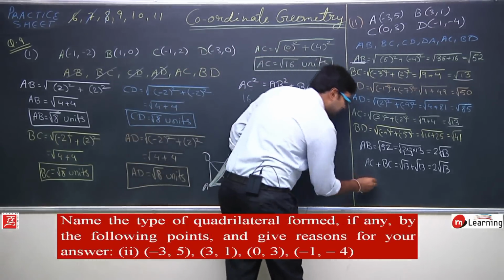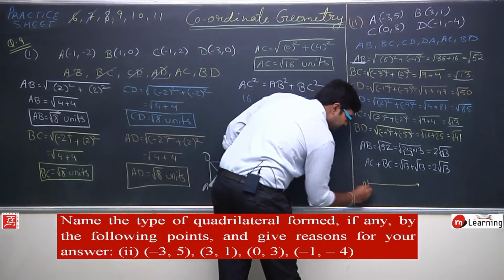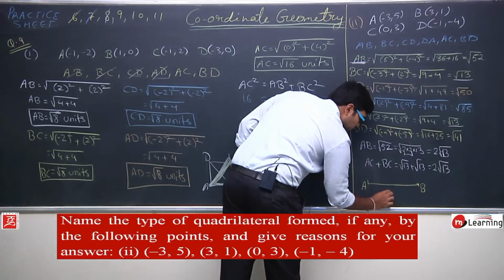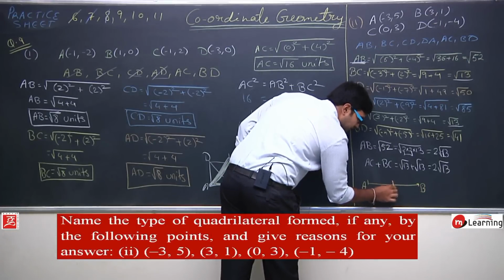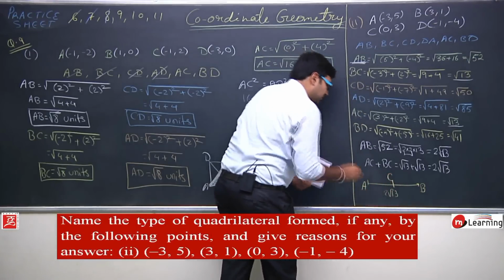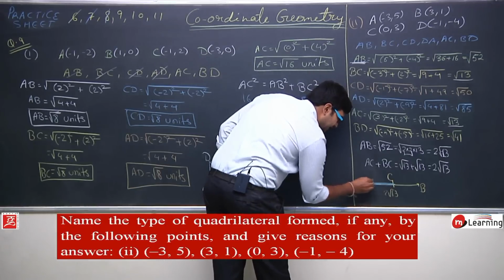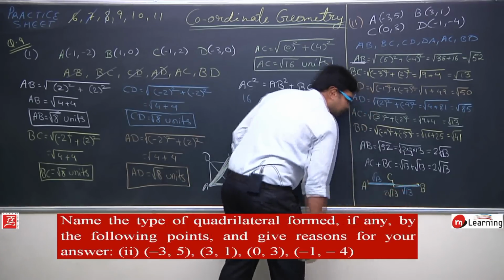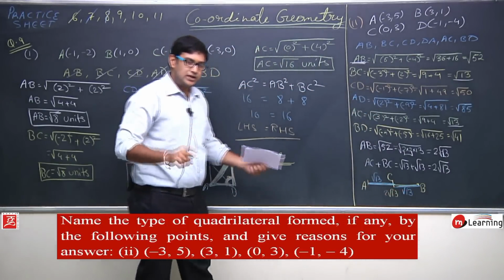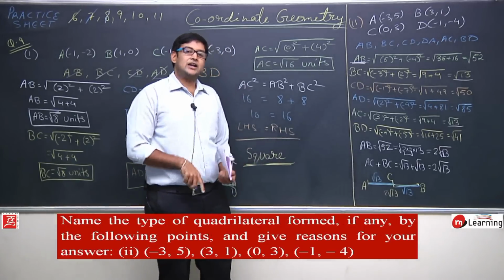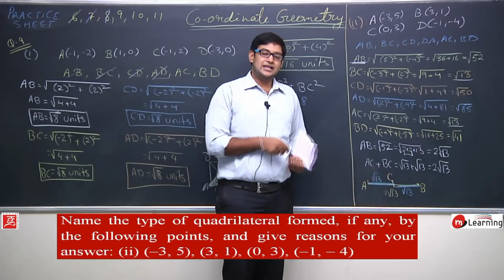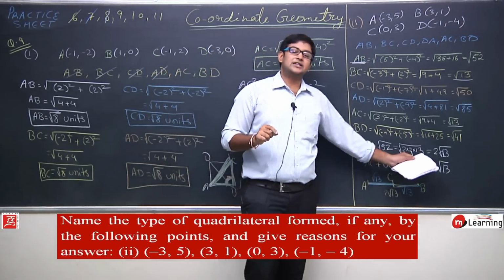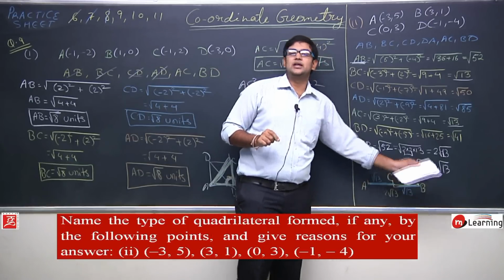Why? Because this is AB, and this total length is 2 root 13. So C point should be in between. This is C point. Why? Because this AC length is root 13 and this BC length is also root 13. That's why C point lies in between AB, and since C point lies exactly in the mid of AB, then A, B and C, or A, C and B are